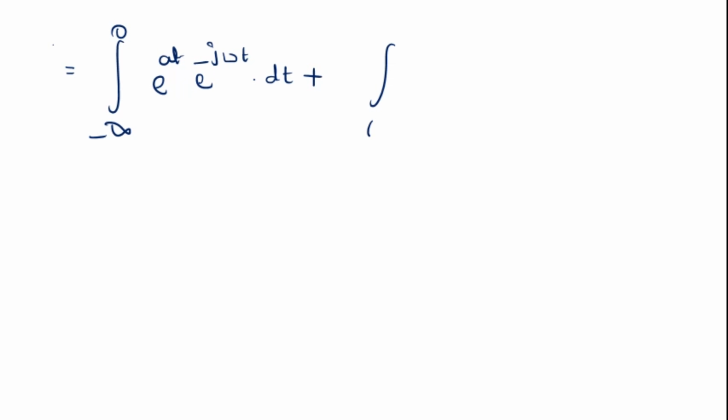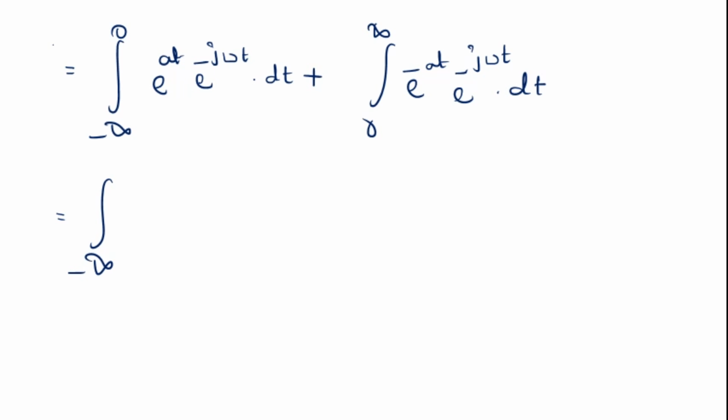Or I can write it as integration minus infinity to 0 e power at into e power minus j omega t into dt plus integration 0 to infinity e power minus at e power minus j omega t into dt,